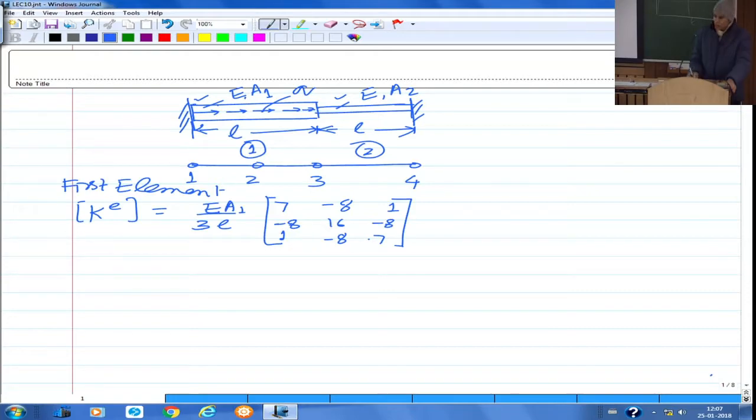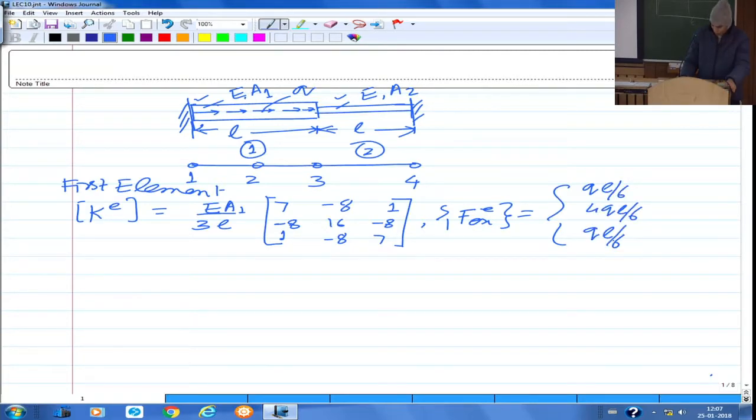Is this correct? And the corresponding external load vector due to the distributed force, because there is a distributed force here, is going to be QL by 6, 4QL by 6 and QL by 6. This is the external load vector for the first element. Second element, if you look at,